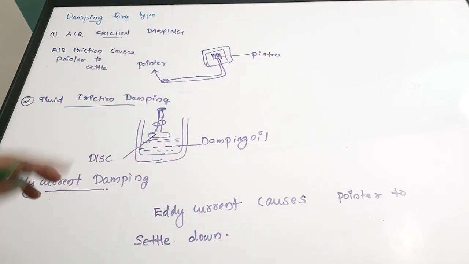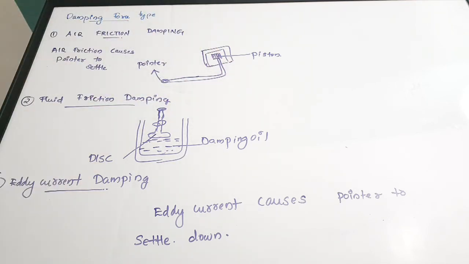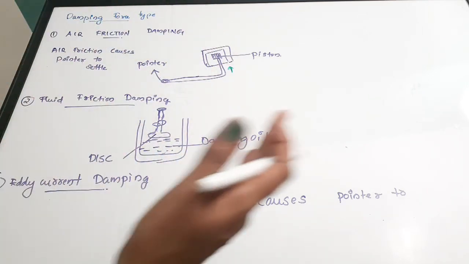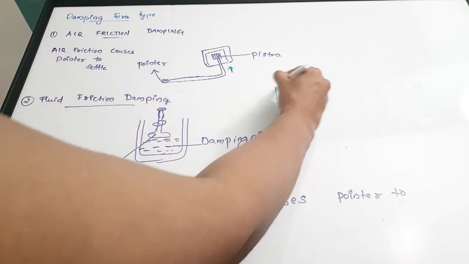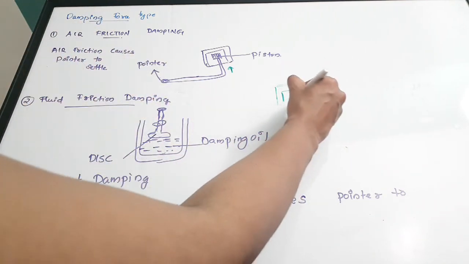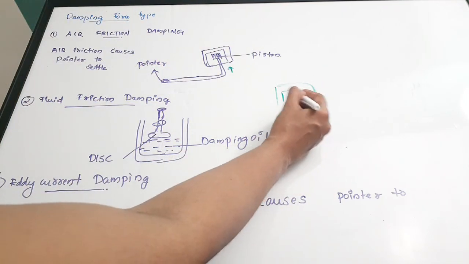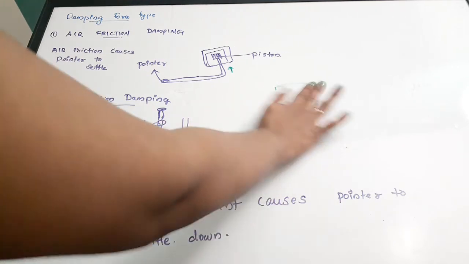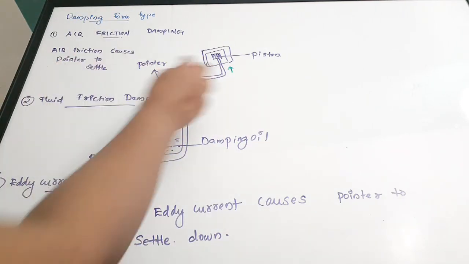When the pointer is moving, the piston will move inwards, that is, towards the inside of the chamber. So what happens is that the space in between, so we consider that this is the chamber, there is a piston. Okay, so when the piston is moving inward, the space in between will get reduced and the pressure will get increased. Okay, so this happens when the pointer is moving. When the pointer is not moving, the piston will come back.